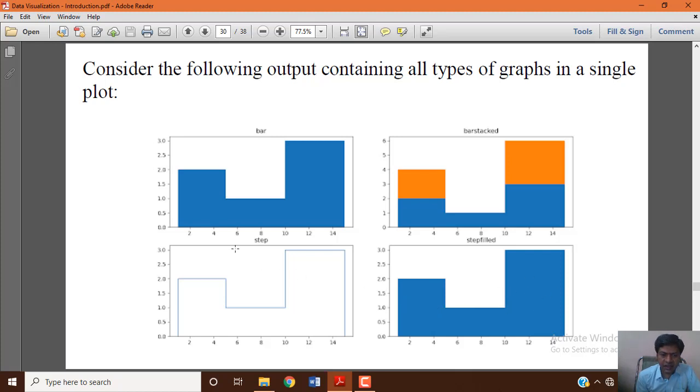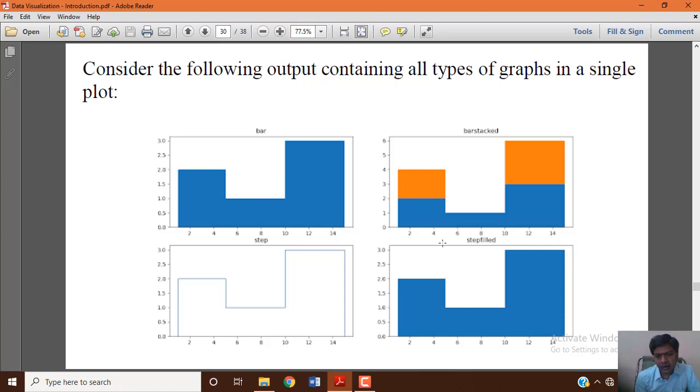You can see clearly the entire plot is divided into 4 subplots, and each one can be represented with the 3 parameters of the subplot function. The titles which we specified are title bar, title bar stack and title step fill.